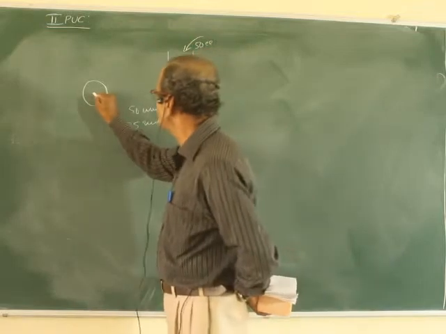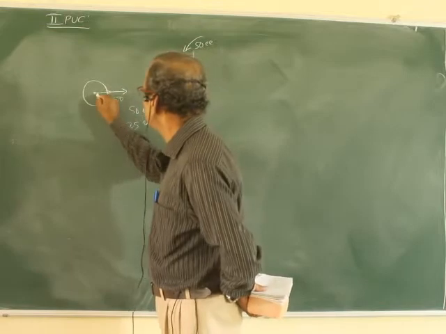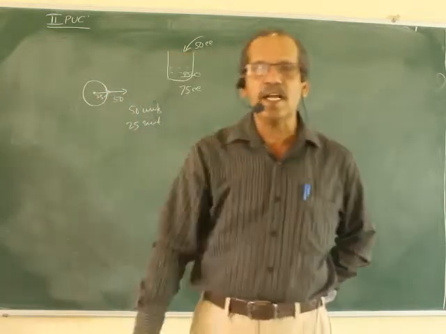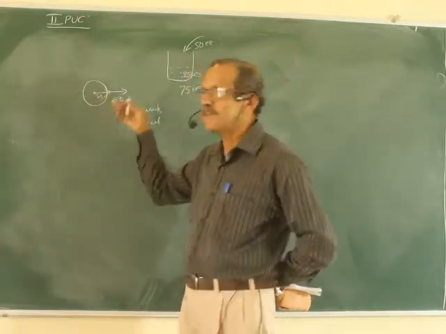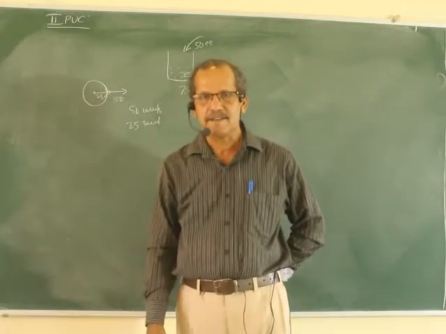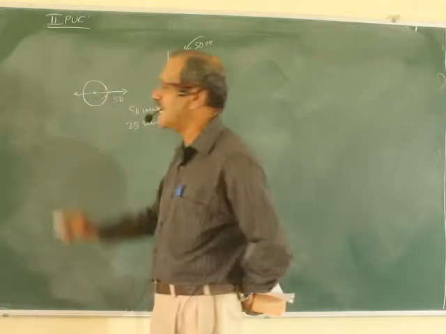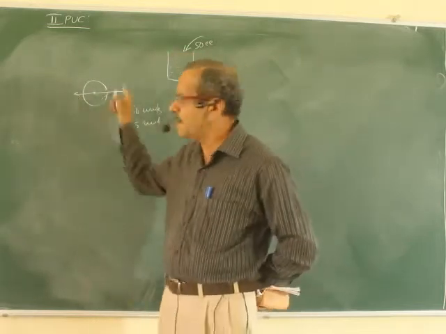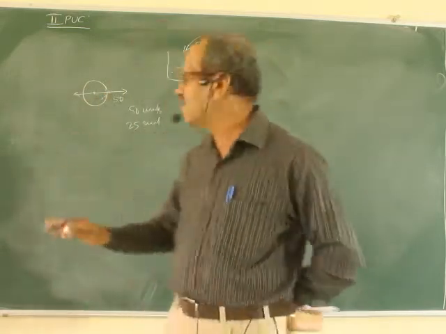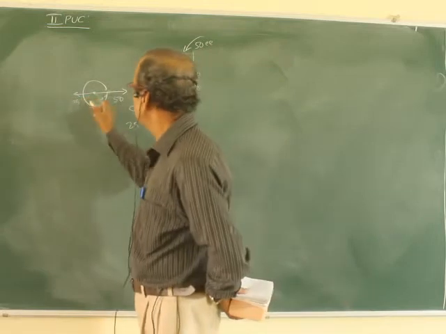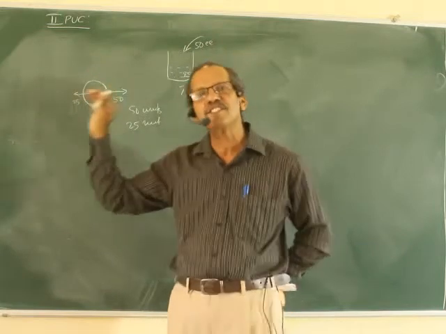If we apply the force, pull the object towards this side with 50 units, and 25 is also the same, then the total amount of force on that object is 75, no doubt. 50 and 25 both are in the same direction. But if this 25 unit is applied in the opposite direction, then the total amount of force on that particular object is 25 only, because the directions are opposite.